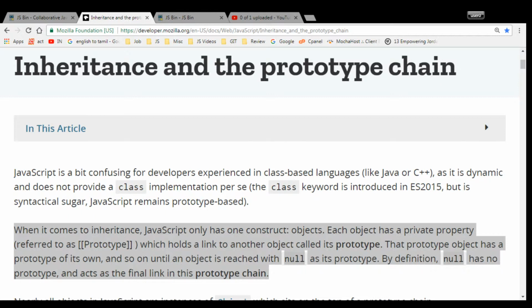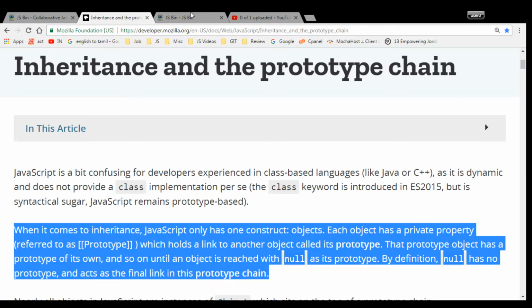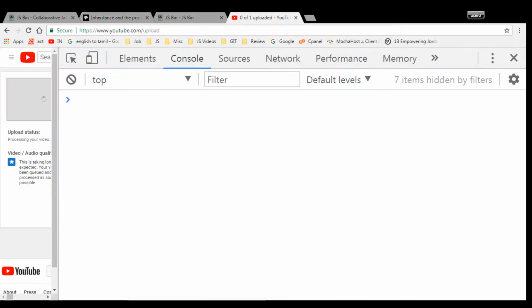I don't think you can understand it from this definition, but I'm sure after this video tutorial, when you go back and read about inheritance and the prototype chain in the Mozilla developer docs, you will definitely understand. Okay, let me go to a console. So I'll paste a simple